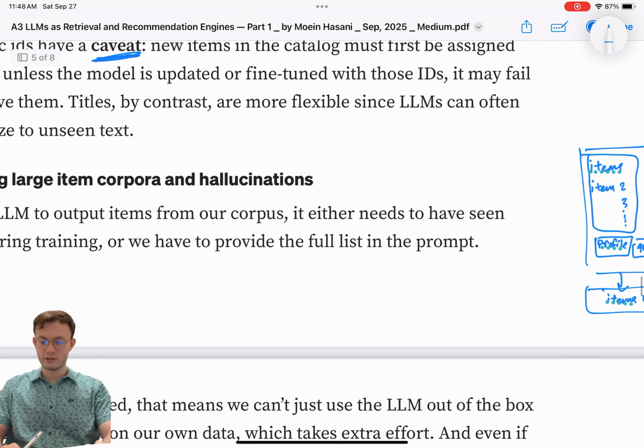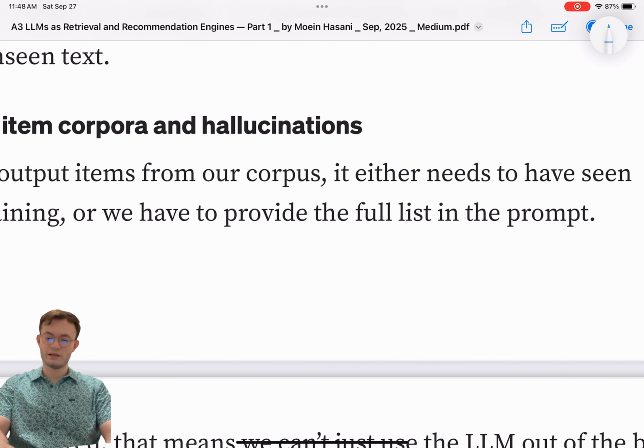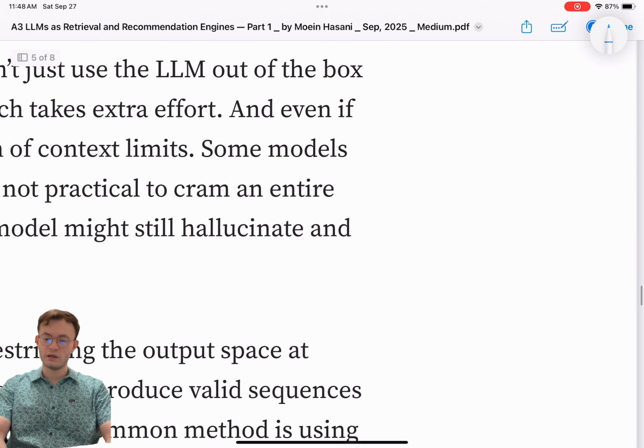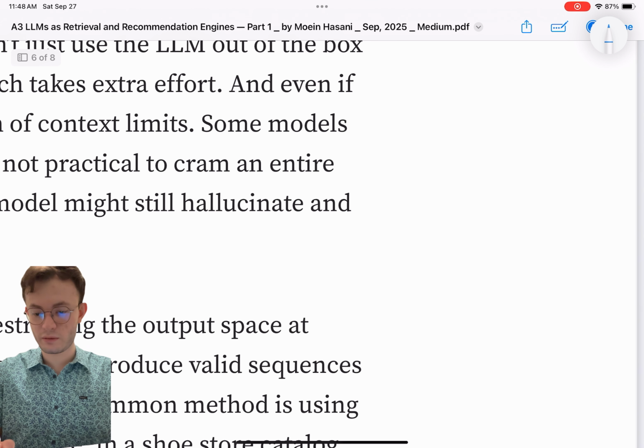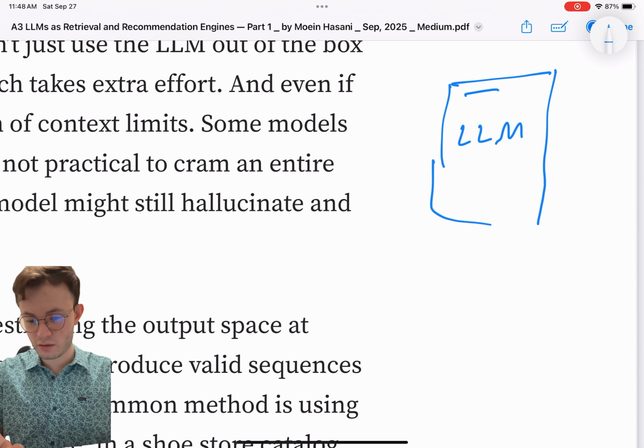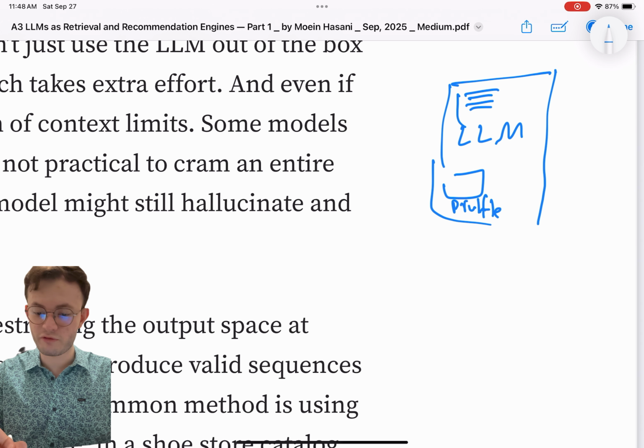The second problem is when you're asking the LLM to output items. You're asking the LLM to select from the shoes, right? You have all the shoes, and the LLM has the user profile and all that stuff that's necessary, and let's say they all fit.